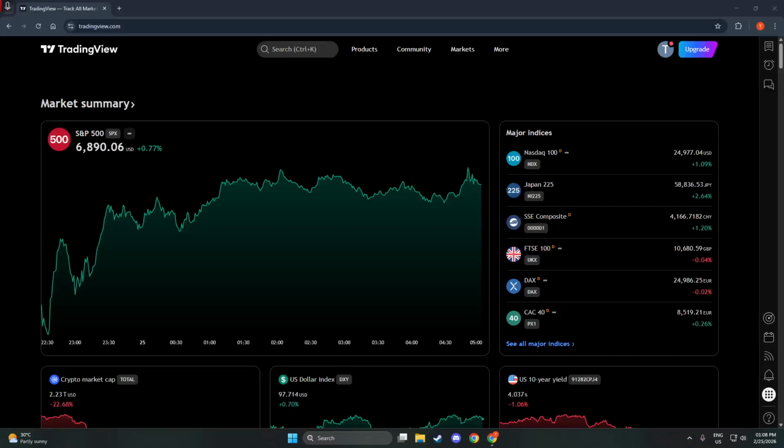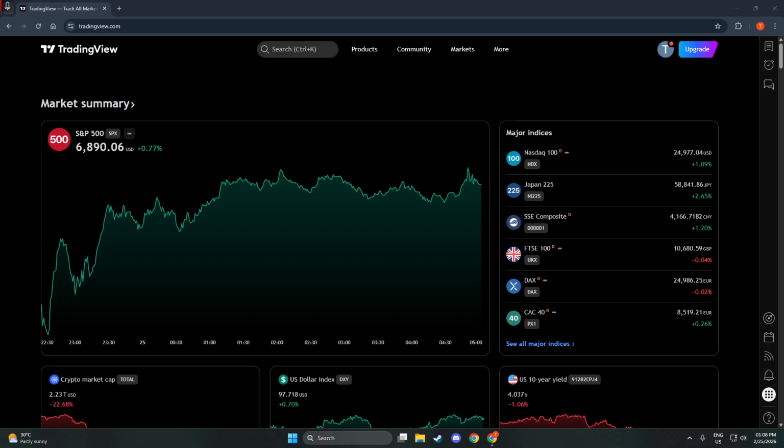In today's video, I'm going to teach you how to add volume to a TradingView chart. By the end, you'll have a clean volume histogram sitting right under your price chart, so you can quickly gauge participation and momentum as price moves. Volume helps you see how strong a move might be, whether a breakout has commitment behind it, and where interest